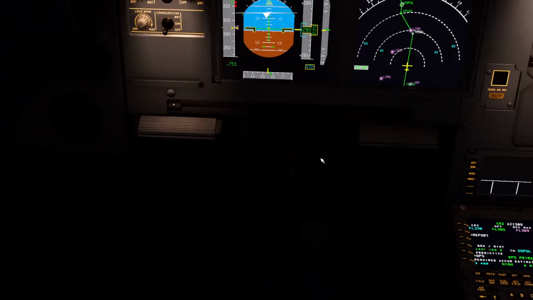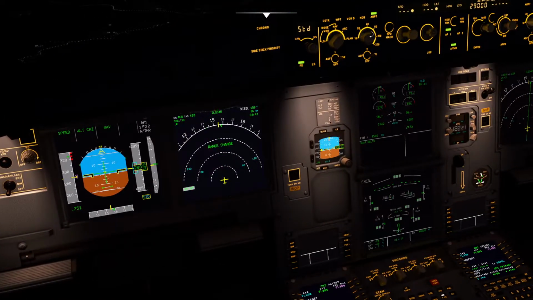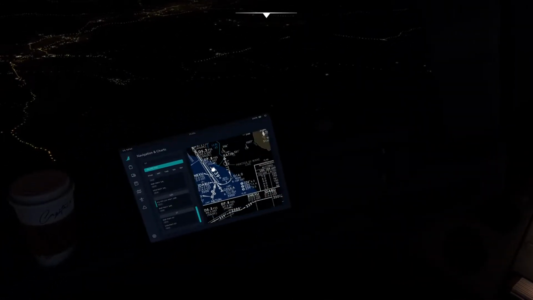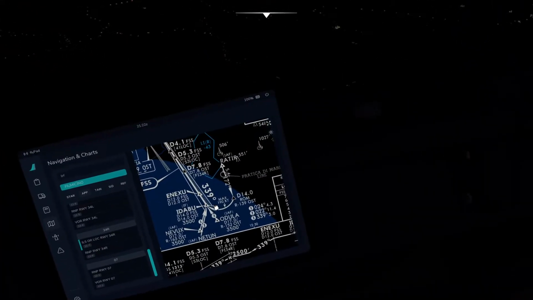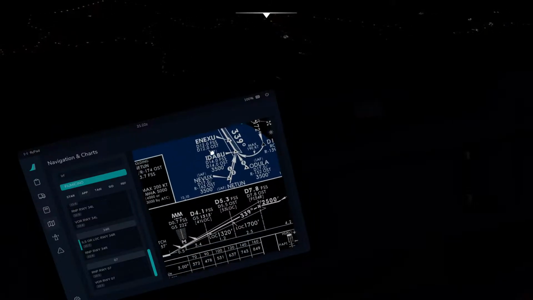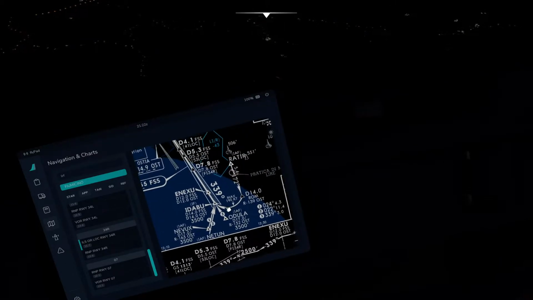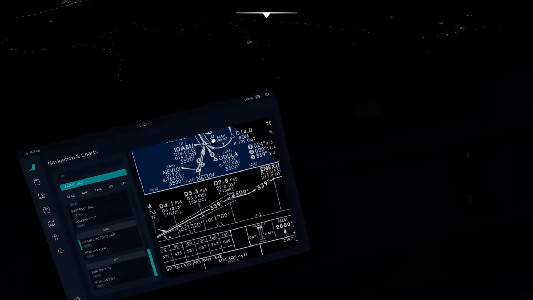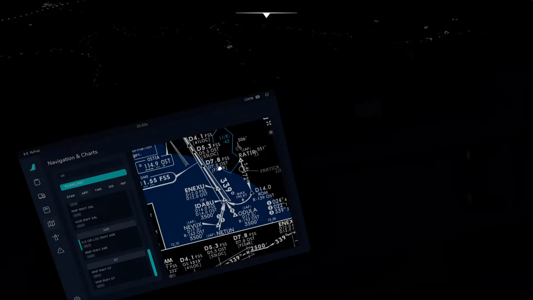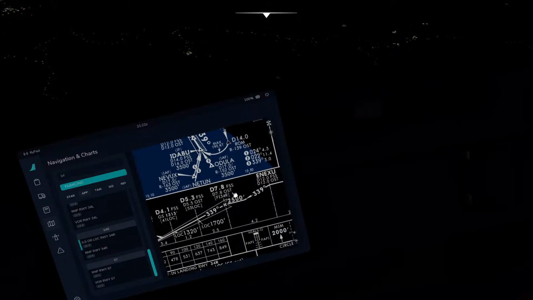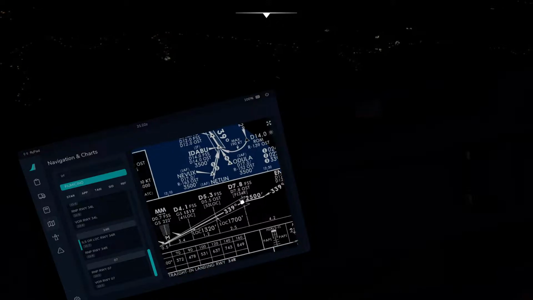I should check the route. Okay, yeah. We're passing Odula and Ratir as well. So we're coming down here on Ratir, I think, and then we have to reduce the speed to 190 knots for the final turn, which will be at DME 14. And then we have Odula, which is the initial approach fix, and then we will have at 7.8 DME, which is over here, DME 7.8 FSS, we start the descent for the glide slope,